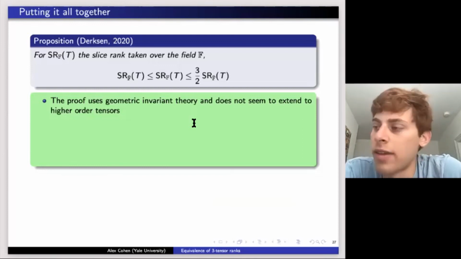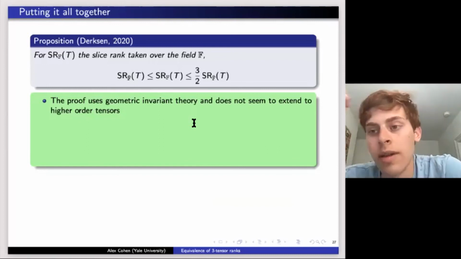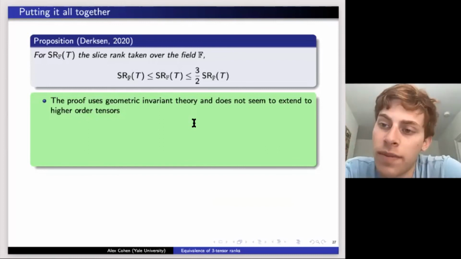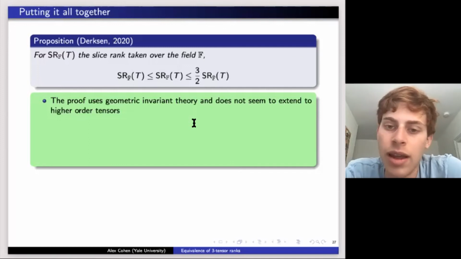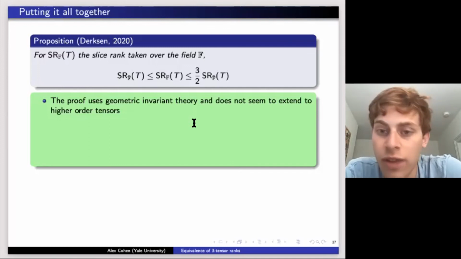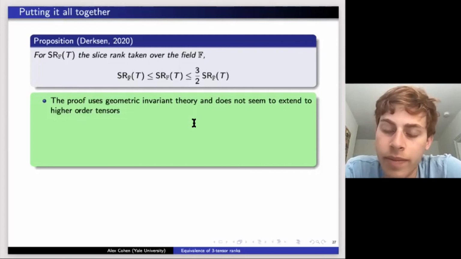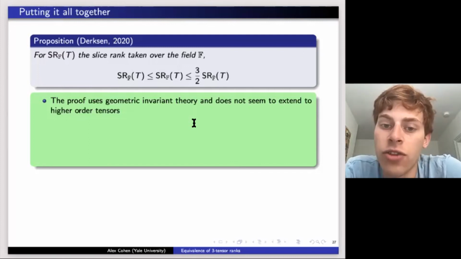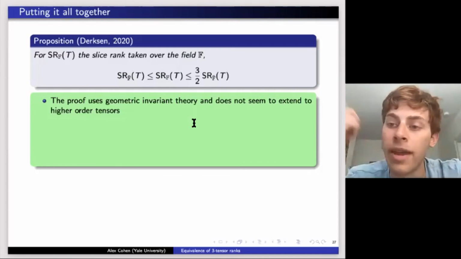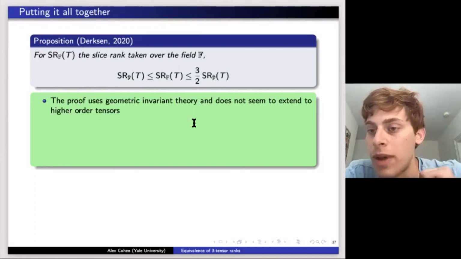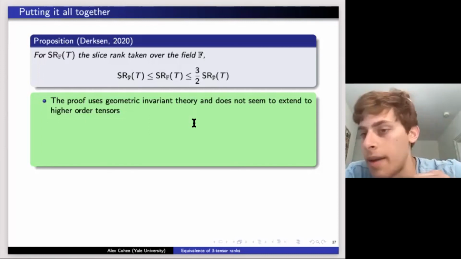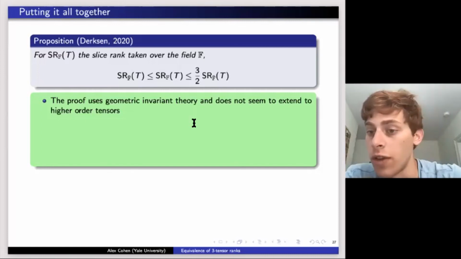The way the proof works is he defines a relaxation. Slice rank has this combinatorial definition, and he defines something analogous to fractional vertex cover, a fractional slice rank. That's not how he defines it, but it's equivalent to something like that. Then using geometric invariant theory, he shows that if something has large relaxed slice rank over the base field, you can get an F-rational proof of that, as evidenced by a certain polynomial not vanishing. And that's proof that the slice rank is also large over the field extension,